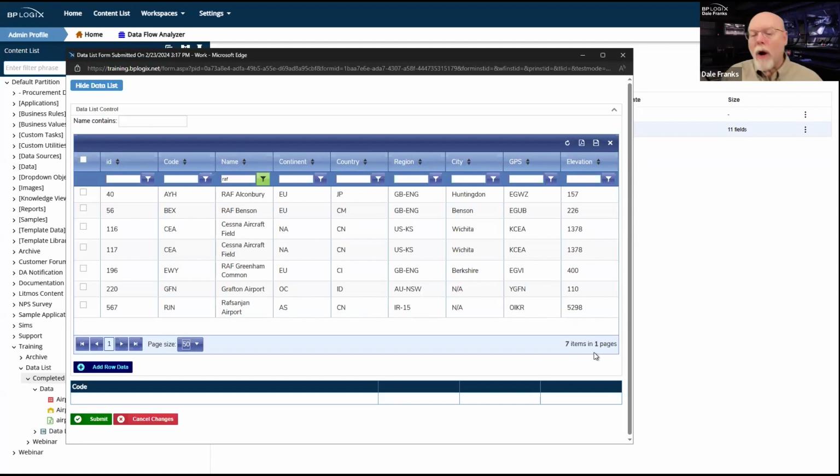So this is great. It gives me access to all this external data. I can have basically a record set of any size. This just happens to be the 800 or so airports that I was able to generate out of Mockaroo. But it can be any size of data set because it doesn't use the resources to display like a regular Process Director form field would. It just doesn't have all of that overhead.